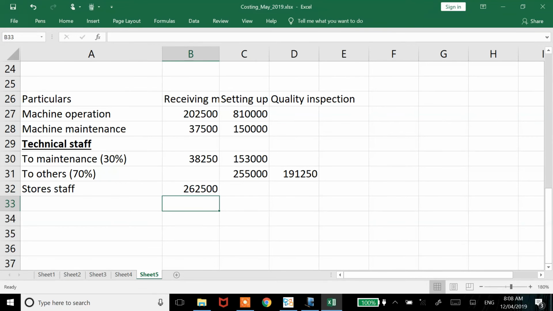Any doubts on this? If you don't have information on operation and maintenance also, then I have to decide which activity it will go to. I need some basis of taking the cost. You would have learnt in primary overhead distribution how you distribute cost to the various departments. So somewhere something has to be done. So total cost